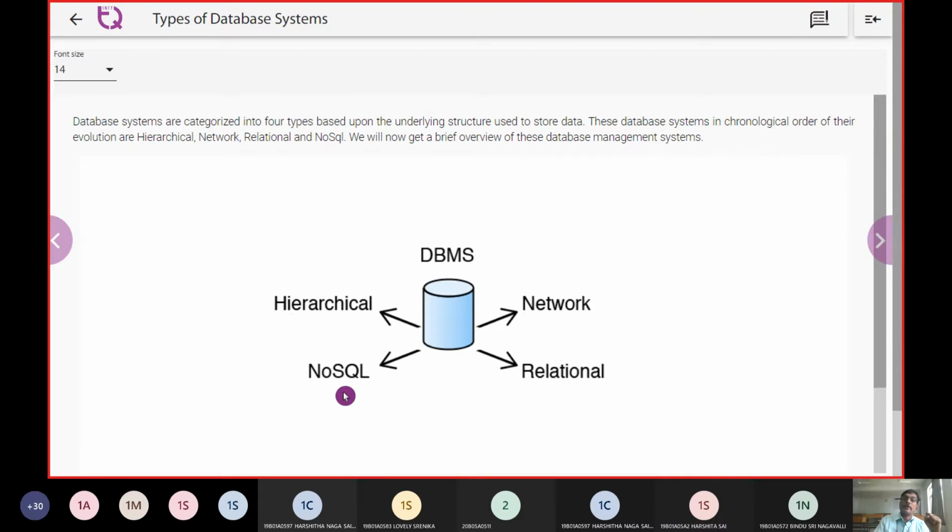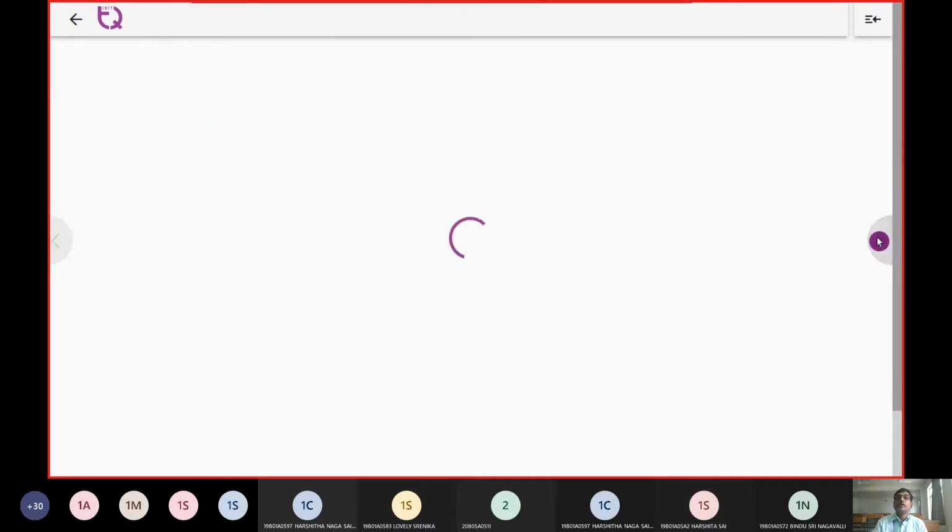NoSQL is an example where it handles a lot of text in the form of unstructured content, which needs to be rebuilt into structured content. Things are organized into a number of levels, and for that it takes up the hierarchical model. Let us look into the different types of DBMS in detail.